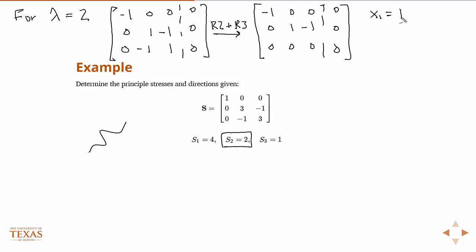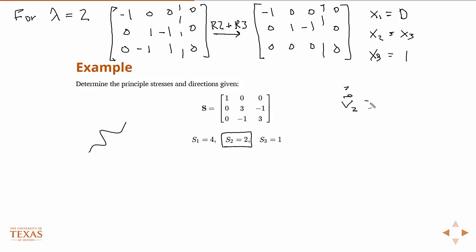I'm sorry, x1 is equal to 0. x2 equal to x3. x3 is anything. I'm going to choose it to be 1. Okay, so then I have